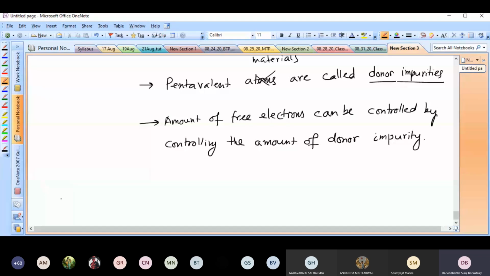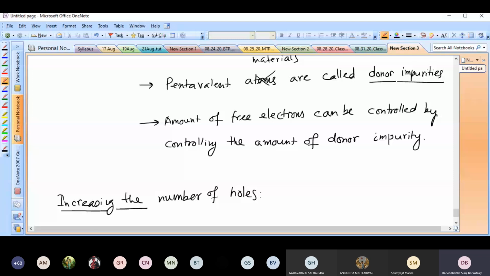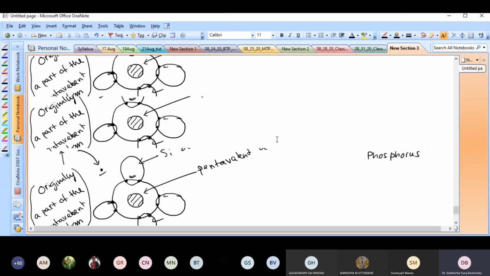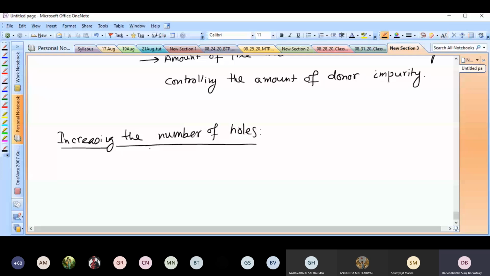So then the other way is, if you want to increase the number of holes, what do you do in this case? So increasing the number of holes. We actually do want to do the opposite, because both these are necessary in the long run. So increasing free electrons, increasing holes. So if you want to increase the number of holes, then what you do is